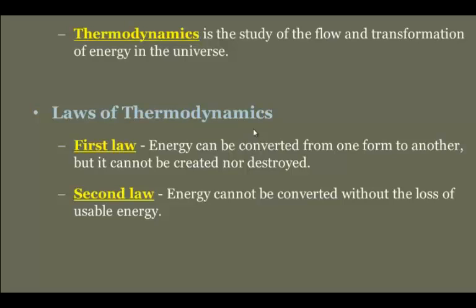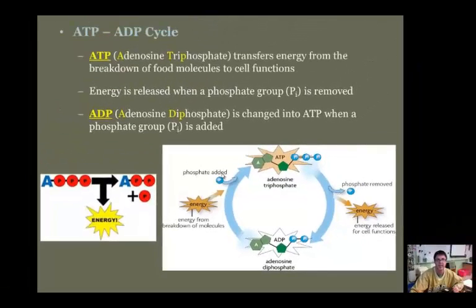The second law of thermodynamics basically says that every time that we convert energy, we lose some back to the universe. So let's look at ATP. In particular, let's look at how we go from ATP to ADP. Well, let's backtrack. What is ATP? ATP stands for adenosine triphosphate. Triphosphate means it has 3 phosphate groups on it, and that is extremely important. So hang on here, and we'll explain why.